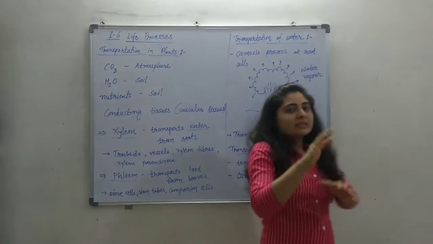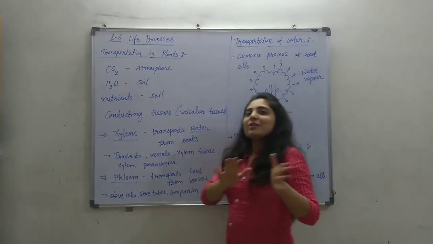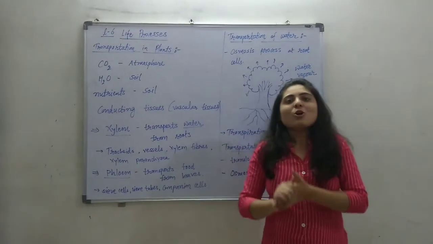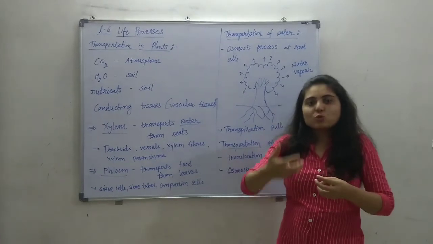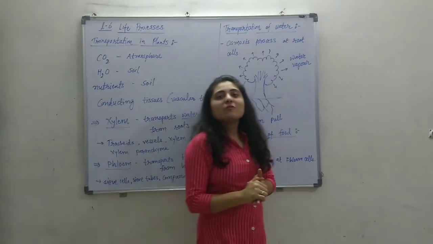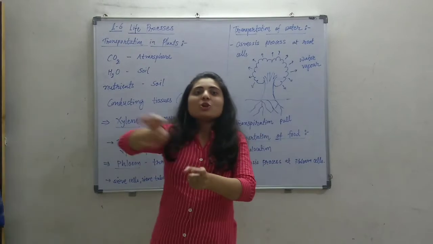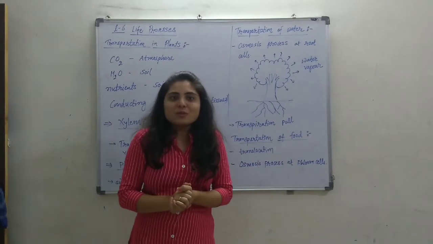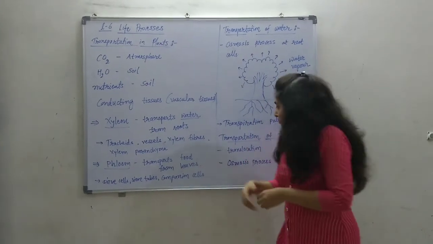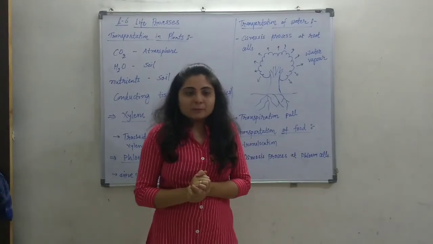So this ultimately creates the pressure which we call osmotic pressure. So this osmotic pressure is enough to take the food from one place to the other. Wherever there is a need of food, like fruits, buds, etc., any part of the plant, this food material will travel and the transportation will occur by the flow of water. So water will take this food material, whether it is sugar or amino acids to make protein, etc. So this was the transportation of water and food inside the plant.